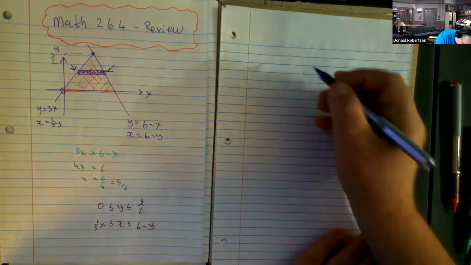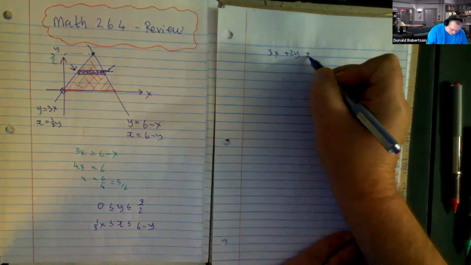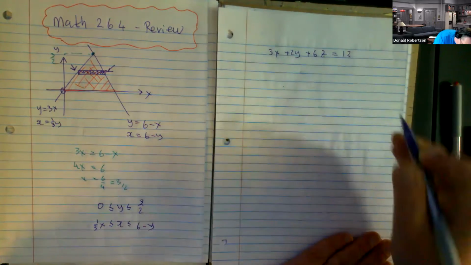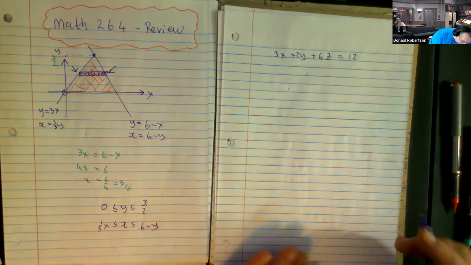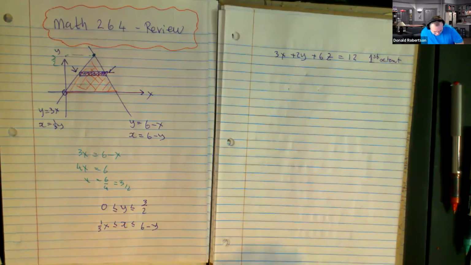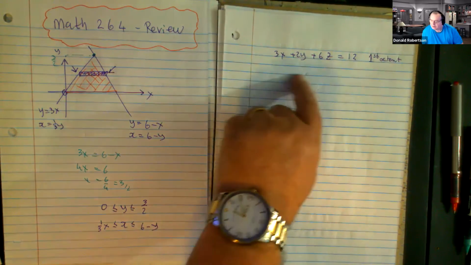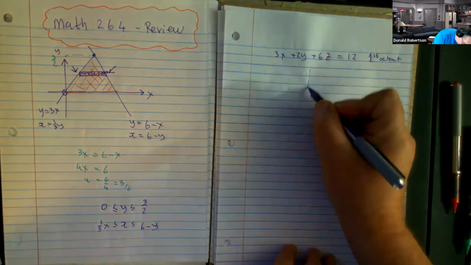Let's suppose then, connected to that same idea, that you get 3x plus 2y plus 6z. Let's suppose it's equal to 12. Now we all recognize that as a plane. And let's say this plane is in the first octant. And I am interested, or we are interested in, what does that look like on the XY plane, right? Because if we do that, so if you draw your 3D picture,